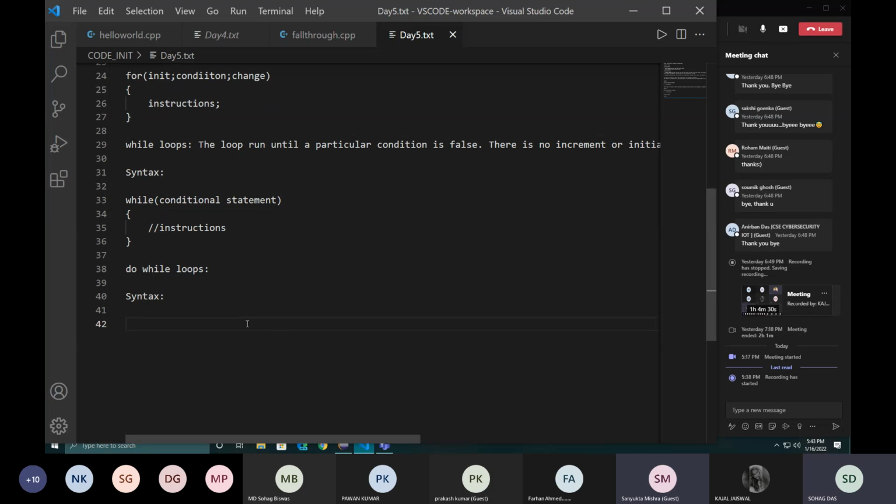It would have been better if we reached that part at least one more class after, because arrays is an important topic for CP. For any type of programming you do, you'd need arrays and loops, of course, because no program would run without loops. Even a simple CP program, you would need a while loop to run if it has test cases, which it will have. Anyways, the syntax of a do while is